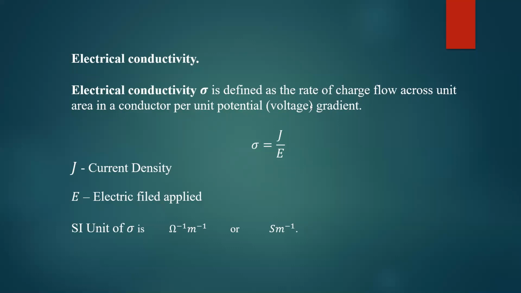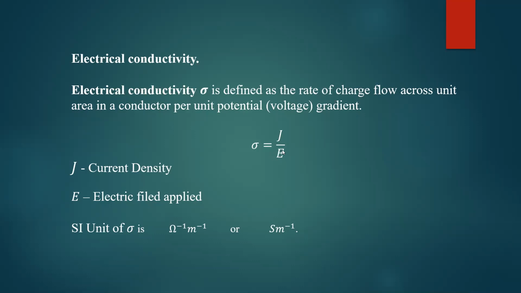Okay, what is rate of charge flow? Anyone? Current density. No, J is current density. Just I am taking rate of charge flow. Rate of charge flow is current, across unit area, per unit area, that is current density. Okay, right, you are saying right, but what was our question? Rate of charge flow is current, per unit area is current density. So here J is a current density divided by